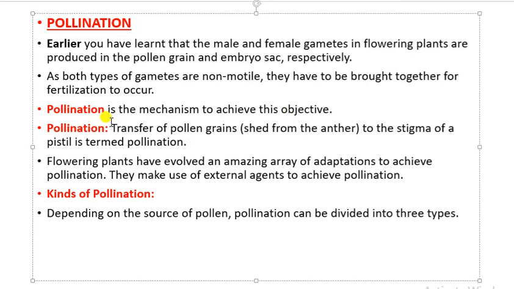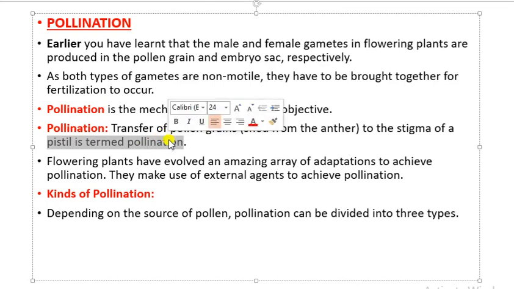So pollination is basically the transfer of pollen grains which are shed from the anther to the stigma of the pistil. This process is known as pollination. So here in this particular process the pollen grains are transferred to the stigma of the pistil. The pistil is the female reproductive part of the flower. So as the pollen reaches the surface of the stigma, germination takes place